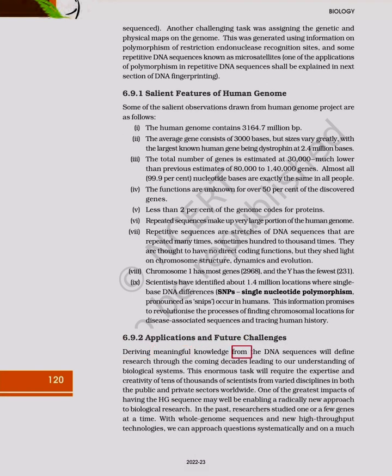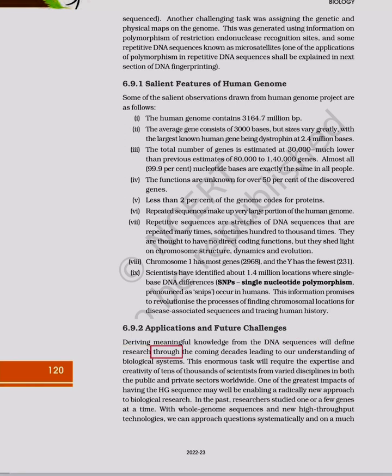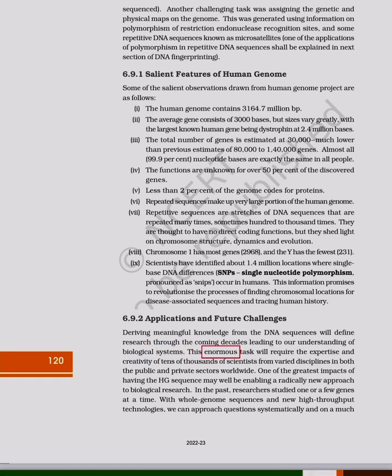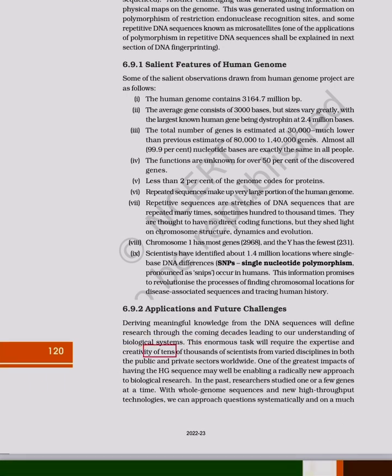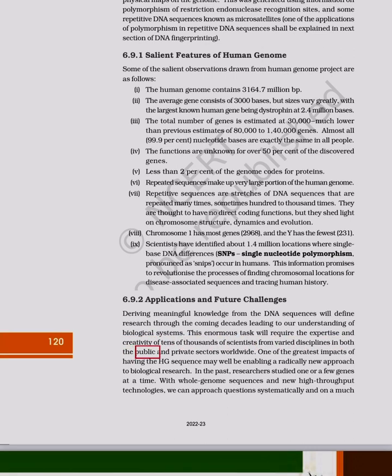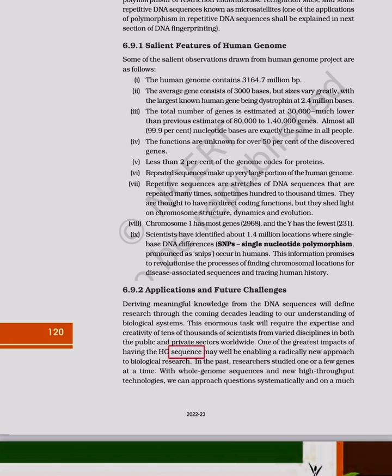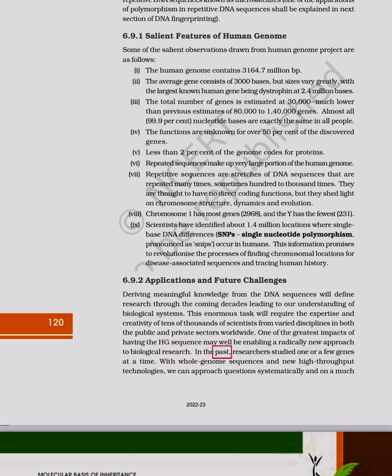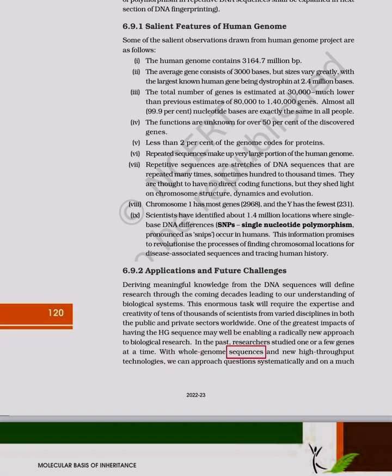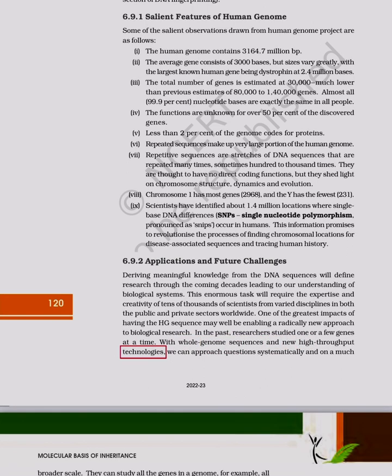6.9.2 Applications and future challenges. Deriving meaningful knowledge from the DNA sequences will define research through the coming decades, leading to our understanding of biological systems. This enormous task will require the expertise and creativity of tens of thousands of scientists from varied disciplines in both the public and private sectors worldwide. One of the greatest impacts of having the HG sequence may well be enabling a radically new approach to biological research. In the past, researchers studied one or a few genes at a time. With whole genome sequences and new high-throughput technologies, we can approach questions systematically and on a much